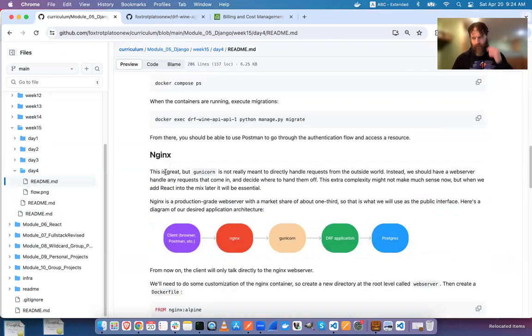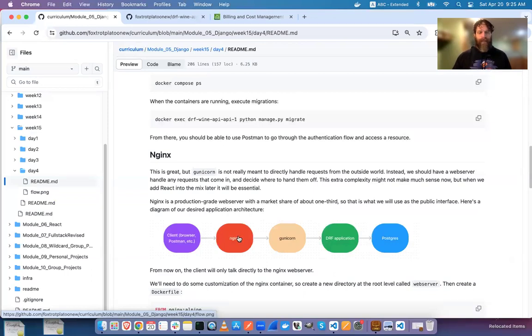So what we're going to do now is we're going to update the architecture of our application a little bit. And what we're going to do is we're going to insert another HTTP server in front of our API. So on the Django side, currently we're running this Gunicorn application server, which is handling requests and then executing different views and making calls to the database and then returning a response, which is fine. But